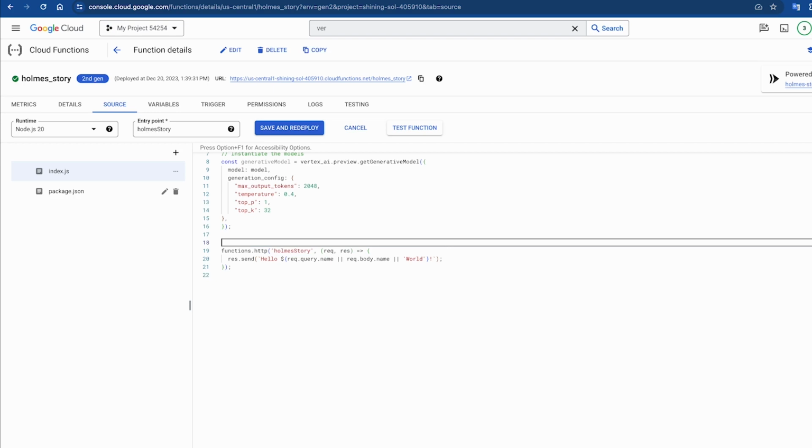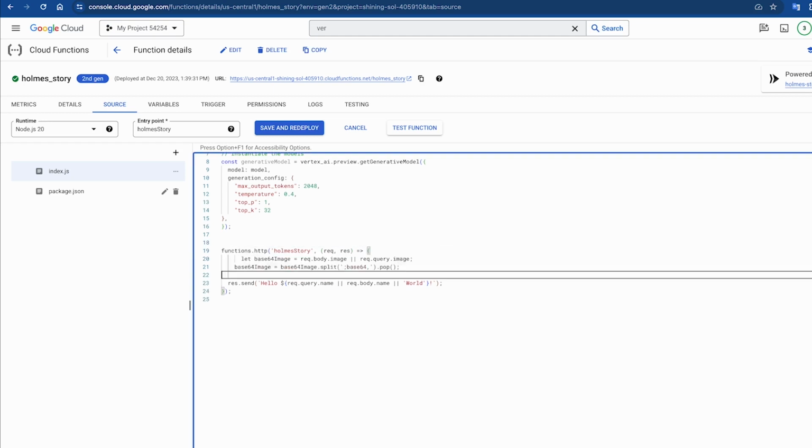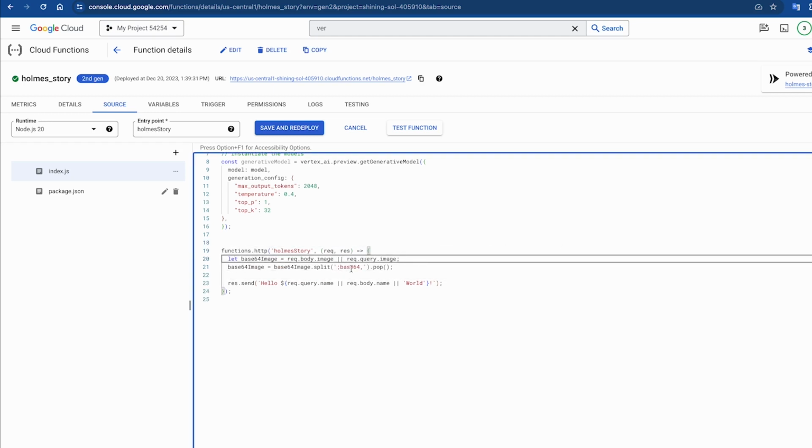So the first thing we want to probably do is to get an image inside Cloud Function. So in order to get the image, I'm going to use actually those two lines. Let me just get rid of this one over here. I need the image to be in base64. I will send it as base64 from the front end, and I will show you the front end in a second. And I'm going to receive it over here,